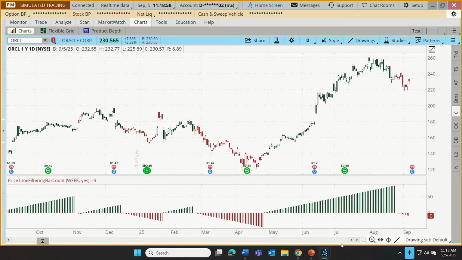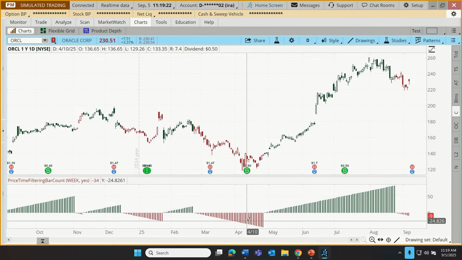There's our indicator. What are your first impressions of the indicator? Actually, in my view, pretty straightforward. We have green bars and we have red bars. We have rising green bars above a zero line. We have falling red bars below a zero line. Rising green means short-term bullish trend. That would be the interpretation here. Falling red means short-term bearish trend.